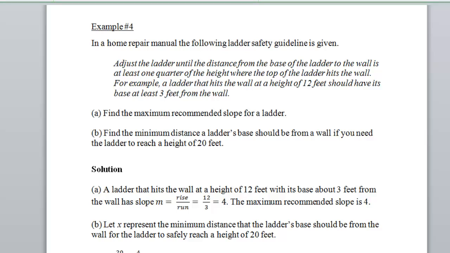And the wall is at least 1/4 of the height where the top of the ladder hits the wall. So a ladder hits the wall at a height of 12 feet and should have a base 3 feet from the wall. So it says find the recommended slope. And so if we look at our solution for part A,